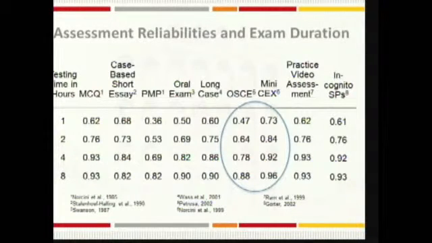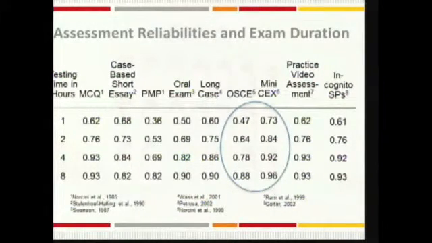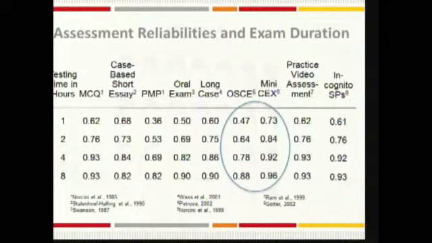This is one method, and it's utilized in your blueprint about workplace-based assessment. So we can see that with 1 hour, we reached only 0.7. With 2 hours, we reached 0.8. With 4 hours, we reached 0.9. With 8 hours, we reached 0.9. So if you are the one to decide how many hours you're allowed,